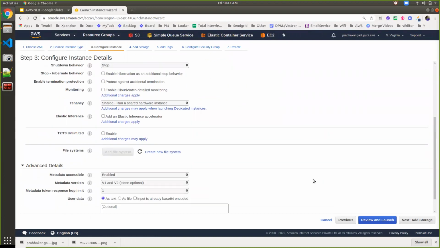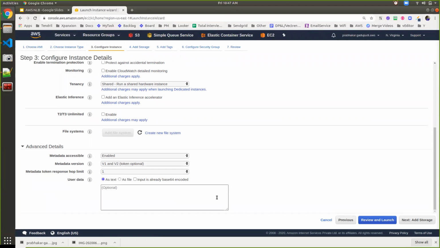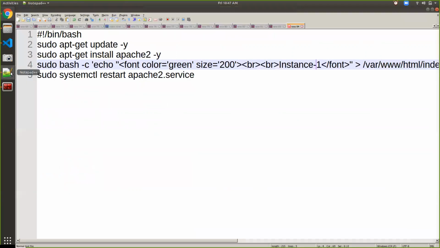If I ignore this section and create an instance, I have to access the instance and set it up with the required software packages. To avoid that, there is a beautiful feature in EC2 called user data. Here I can give a set of commands so that at the time of machine setup, all these commands will get executed. I have already listed down those commands. Here I'm updating the Ubuntu package manager and installing Apache. After installing Apache, I'm writing instance one as a string, with green color and 200 font size,